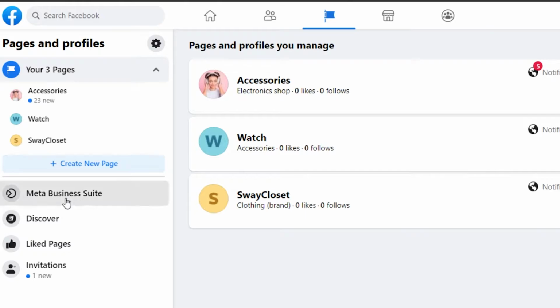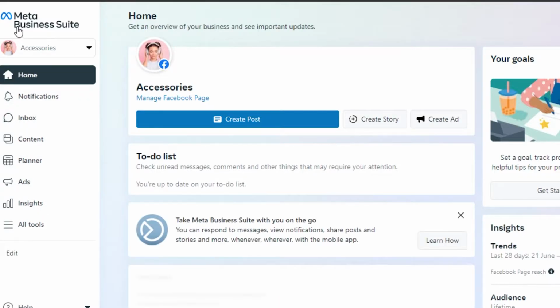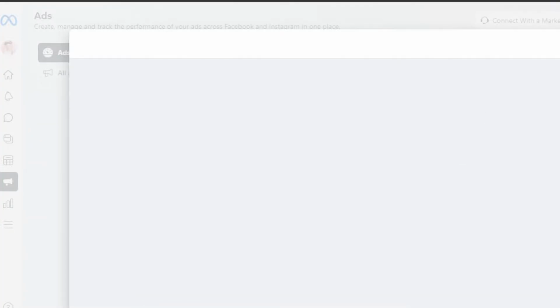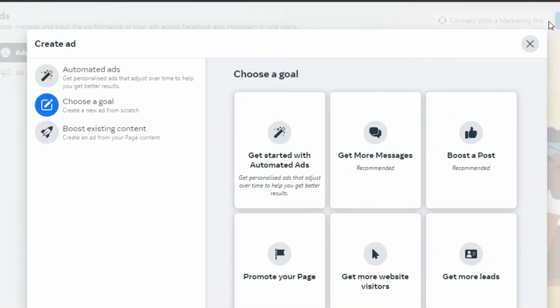I'm going to open this up from here from my Facebook and take you to Ads Manager. There you go. This is our Meta Business Suite. And then there we have ads. So right here we have ads, create, manage, and track the performance of your ads, Facebook and Instagram in one place. I'm going to click on create ad from here, and it will allow me to create a brand new